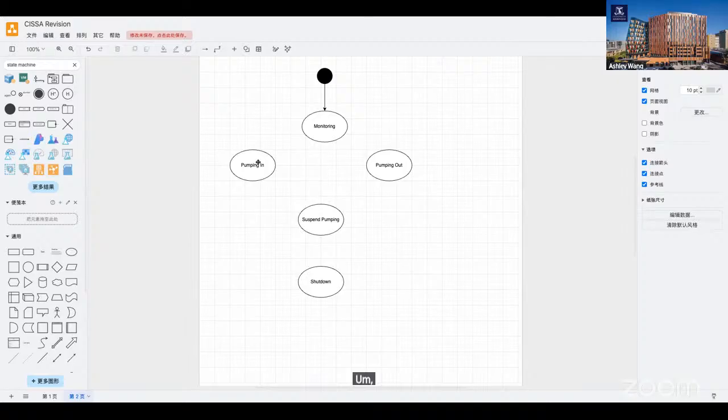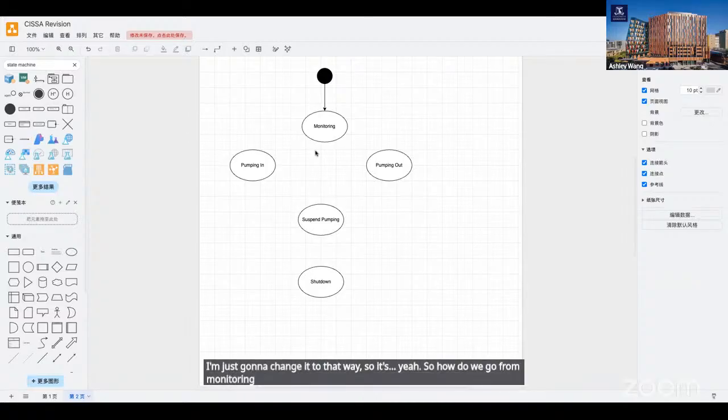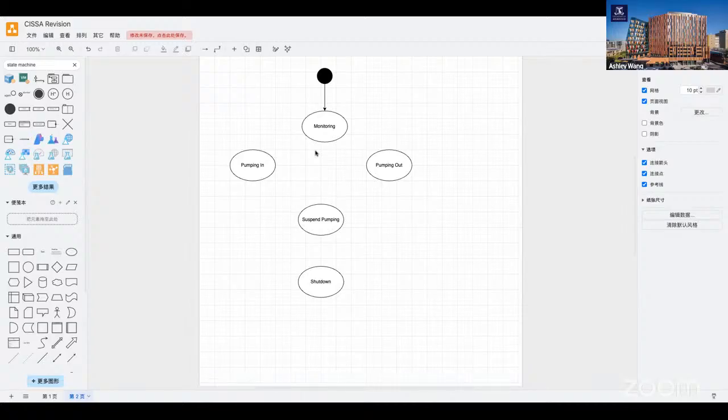Okay, cool. How do we go from monitoring to, I'm just gonna change it to that way. So how do we go from monitoring to pumping in? Level below mid level? Yes.